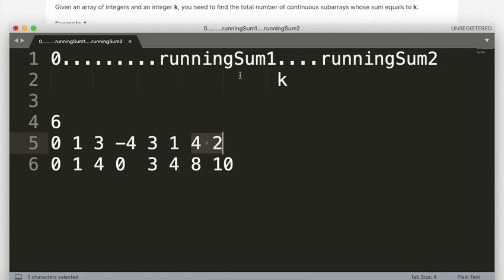If I get any two numbers which are the same, here I got 4 and again I got 4 here. That means the sum of the elements between these two, I mean these are running sums, right? So if the same running sum I obtain, the elements between them would sum up to 0. So if you see here, this also is 4, this also is 4.